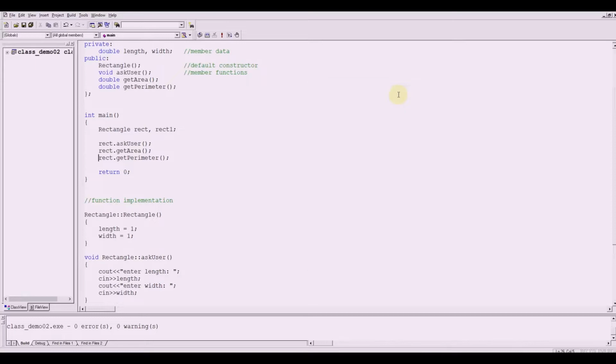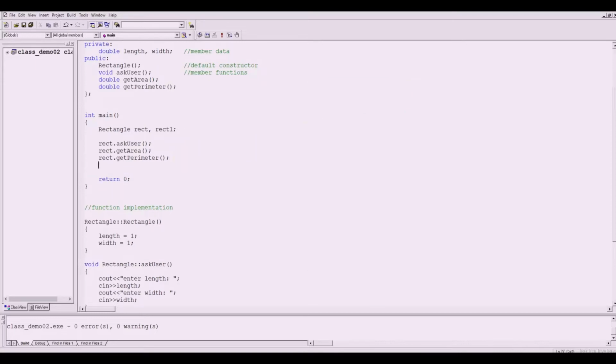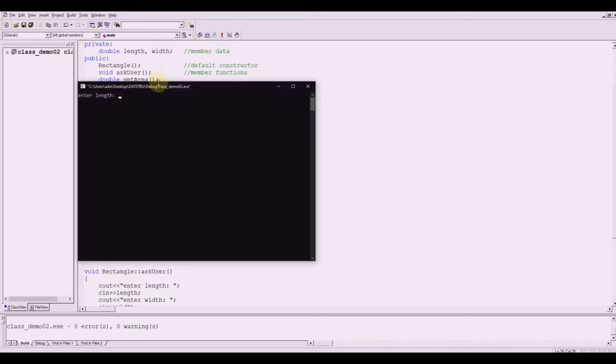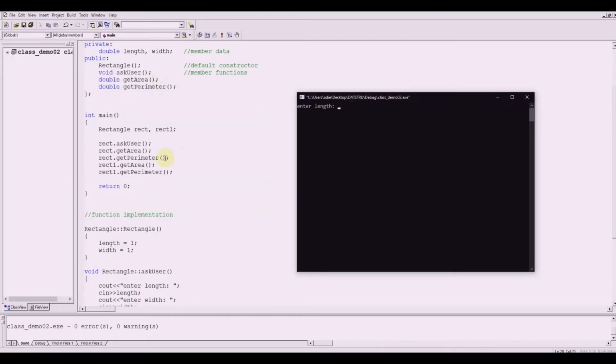Now, take note that we can also, for instance, call rect1.getArea and rect1.getPerimeter. So first we are going to compute the area and the perimeter based on the user input, which is 5 and 2.